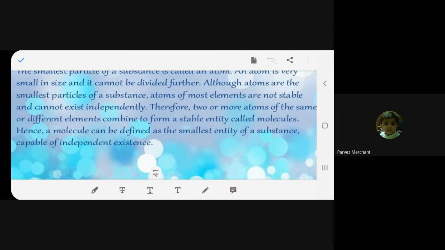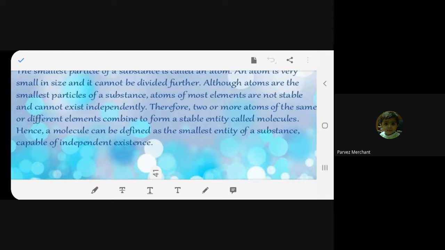Now this molecule can live on its own, can stay on its own. Why did I say live? Because it is produced. Yes, ma'am. It does not form on its own. It is produced to make itself stable. So it can remain as such, whereas atoms are depending on others because they want someone to join with them and then form a molecule. Do you get the difference between atoms and molecules? Yes, ma'am. Molecules are independent, whereas atoms are dependent. That's the difference.